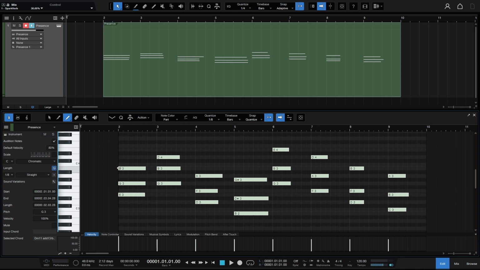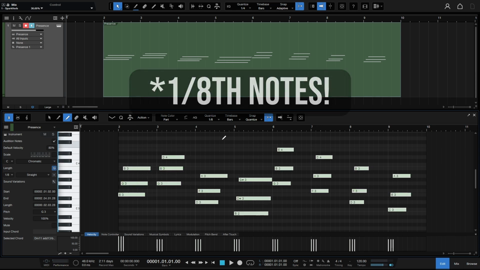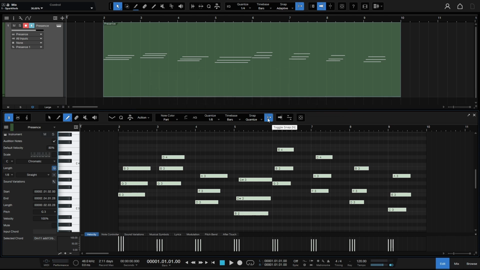And then now I'm going to come to the top note of the first chord here, and I'm going to hold Alt and Control at the same time, and I'm going to click, hold, and drag. Now you'll notice this is snapping to 8th notes because our snap is turned on here, and we're set to 8th notes. So now when we play this back,